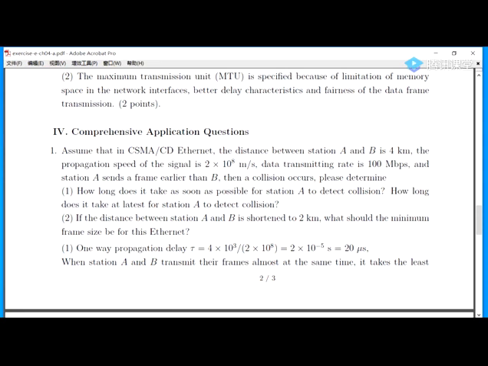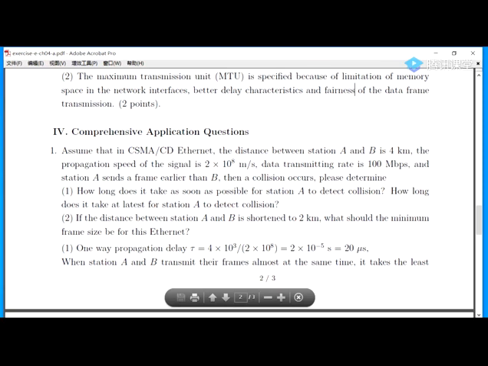The propagation speed of the signal is 2 times 10^8 meters per second. Data rate is 100 Mbps. And station A sends a frame a little earlier than B. Then a collision occurs. Please determine: